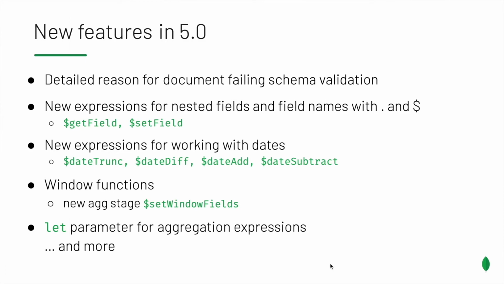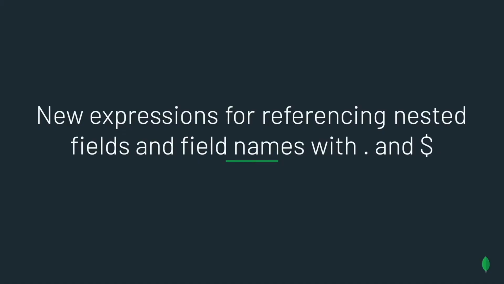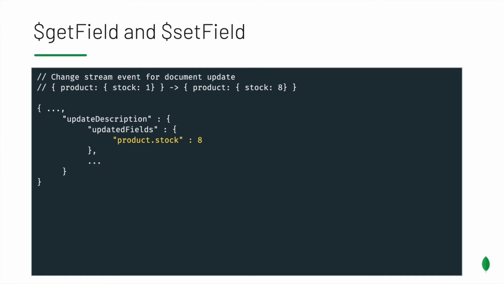Now I'd like to show you the new additions to the language. First, the new aggregation expressions that make it easier to work with nested fields and fields with non-typical names: $getField and $setField. Let's say you're using change streams to track changes in our products collection to notice when items are at low stock. An event produced by the change stream can look like this. A nested field, stock, inside of the product